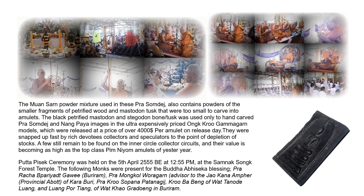And the following Geja Ajan monks were present for the blessing. Pra Chapariyat Gawi from Buriram, Pra Mongkon Waragan, who was the advisor to the Jaukana Amper, the provincial abbot of the province of Karatpuri, Pra Kru Sopanat Patanagit, Kru Ba Beng of Wat Tanot Luang, and Luang Potiang of Wat Khao Kadong in Buriram. So all Isan masters,